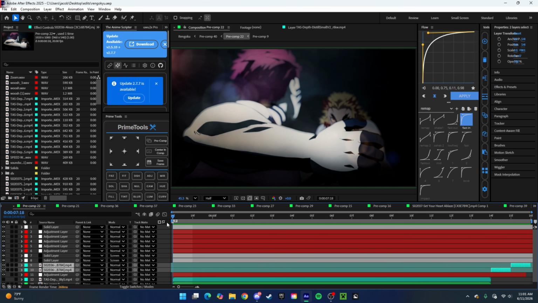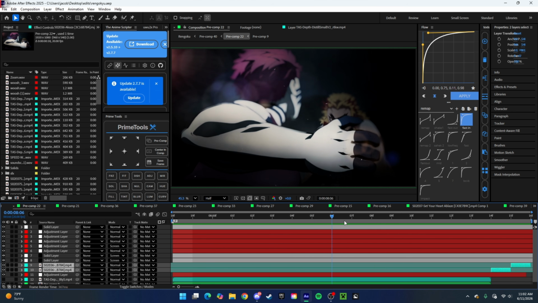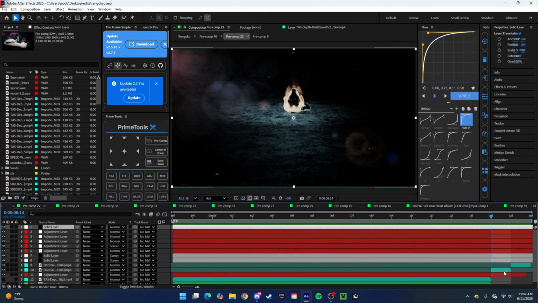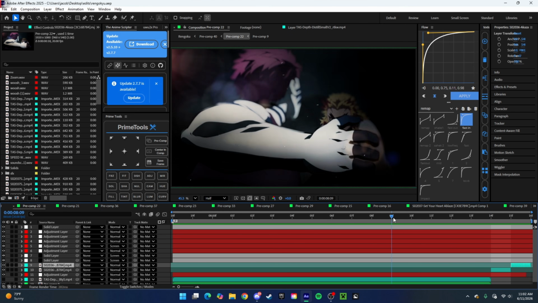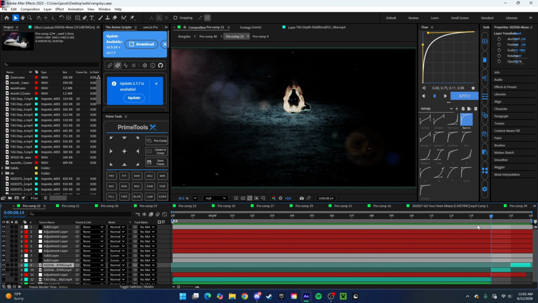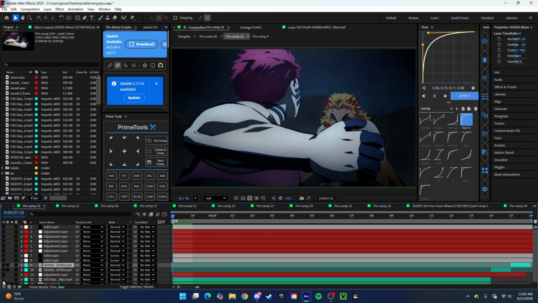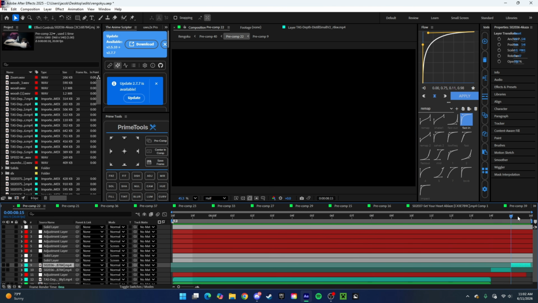Alright guys, today I'm just gonna do a comp breakdown from this Demon Slayer edit. By the way, these two clips at the end, the file got messed up, so they're wrong, so just ignore those. But for this, I'll just show you what it looks like with everything off. So this is the plain clip. I already have it